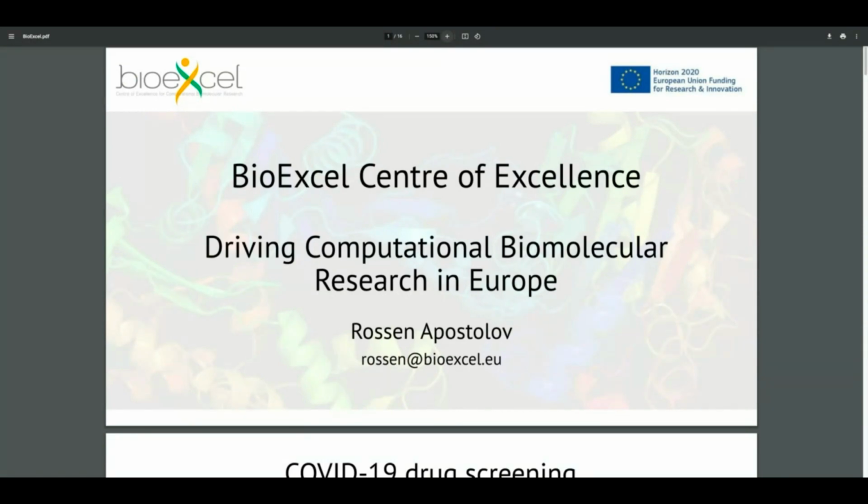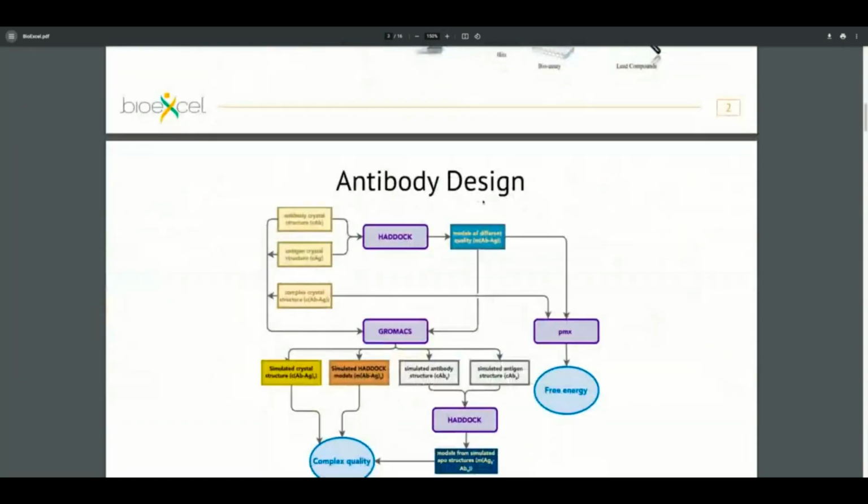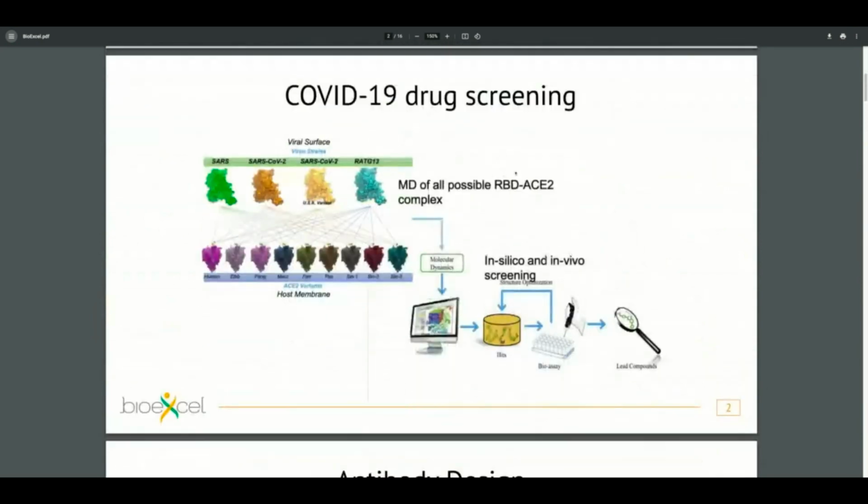This slide mentions Rosna Apostolov. I am not Rosna Apostolov. I have stolen this slide from Rosna Apostolov, my BioExcel colleague, to just tell you a bit about what BioExcel is, first of all. So BioExcel, as Julian already mentioned, is an EU-funded Center of Excellence for High-Performance Computing, and